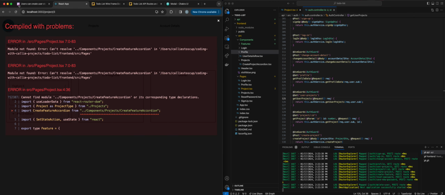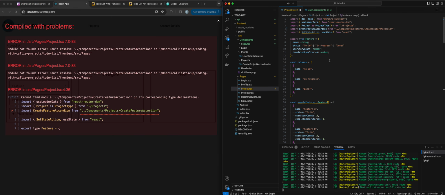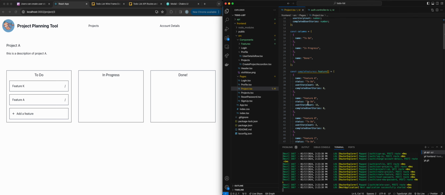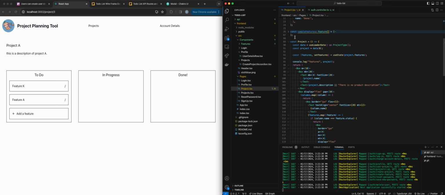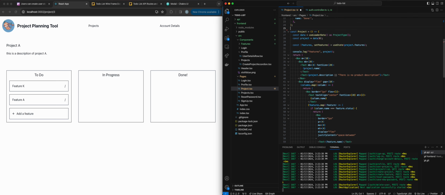Let's go ahead and see where we're erroring now. Okay, I can get rid of my sample feature object. All right, the next thing that I am going to do then is also within the features folder for components, I am going to create a feature